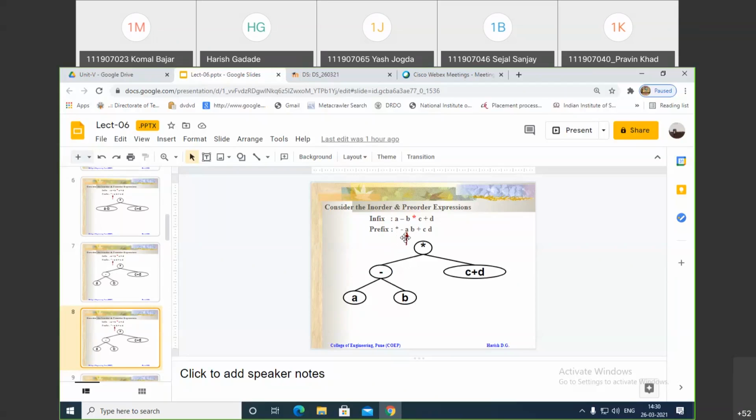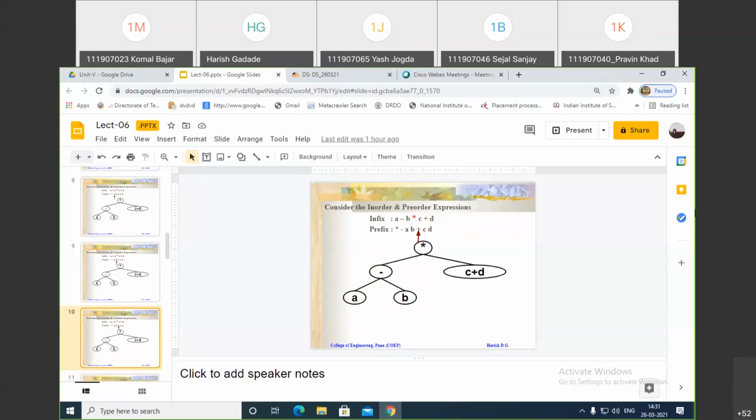Now a, right? Next is a. Again search that a in this. So a is here and this is a single node. So it is not necessary to do anything because it is a single node and this is a binary search tree. Now again move toward the next character. So it is at b. You can see here it is at b. Again search that b in this. So b is again a leaf node. So it is a binary search tree. So simply increment this pointer. So that pointer will come to this plus.